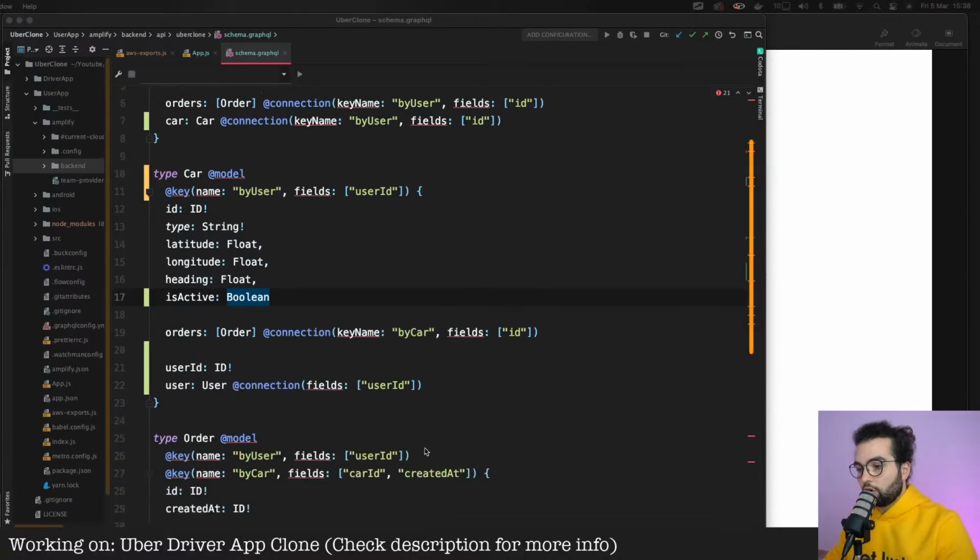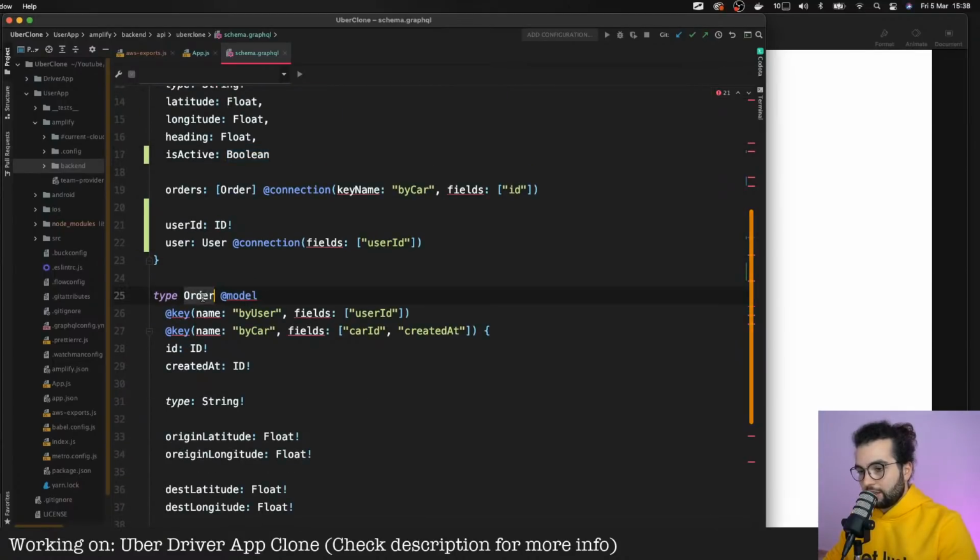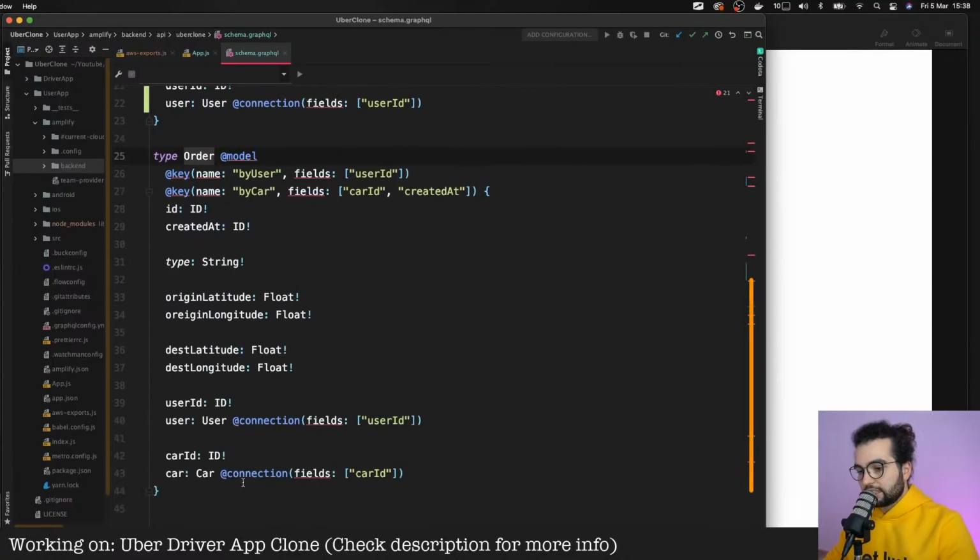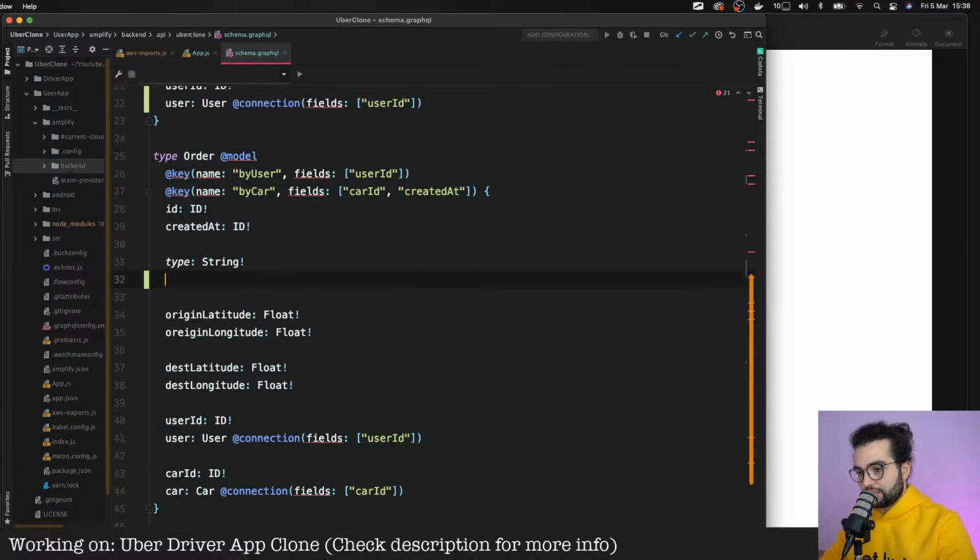Oh, and also on the order, we didn't add any status, for example, because we will need this. The order can have different statuses. For example, it's a new order, or the order is in picking up the client, and so on.